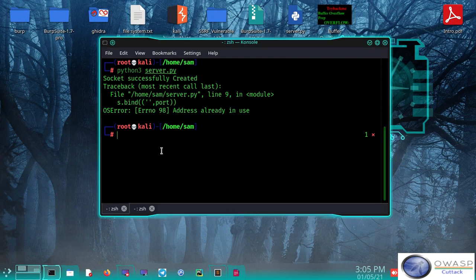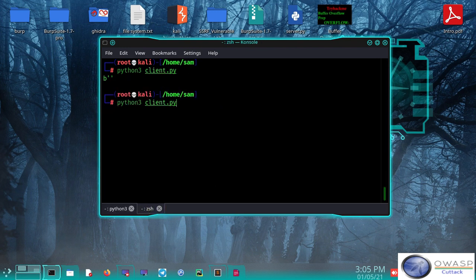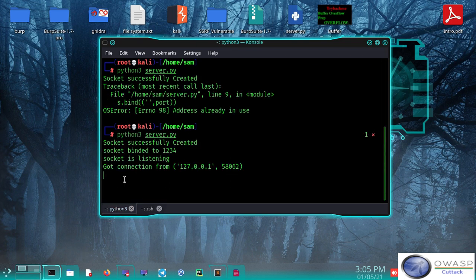After 1 minute we try. So now everything is good. Let's run client.py again. So now you can see "thank you for connecting". This data is shown here from what the server.py sent. The server sent us the thank you for connecting message, and the server received the connection from the client.py, got connection